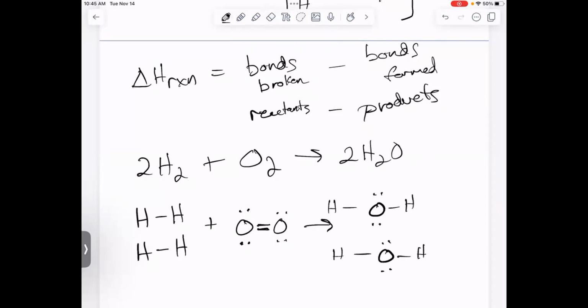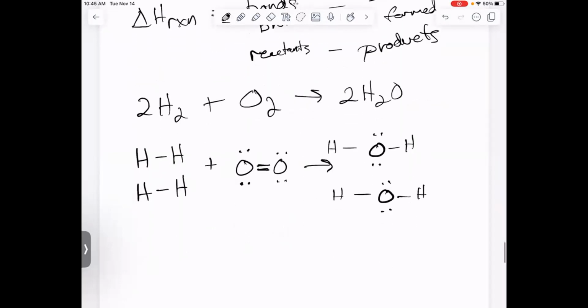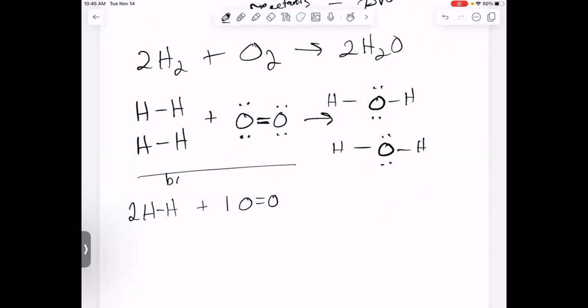and what I'm looking at is really my total number of bonds, right? So on my reactant side, I have 2 hydrogen-hydrogen bonds and 1 oxygen-oxygen double bond. And the fact it's a double bond is important because the bond energy of an oxygen-oxygen double bond is different than a single bond, and it's not equal to 2 times a single bond energy either. And that's the real important difference there. We'll see that in the chart that I'll show in a second. So these are our bonds broken,